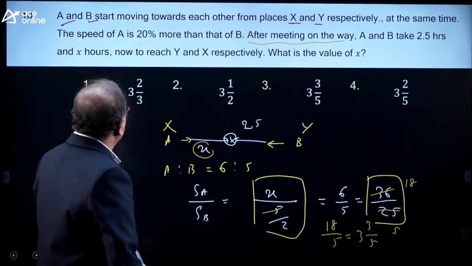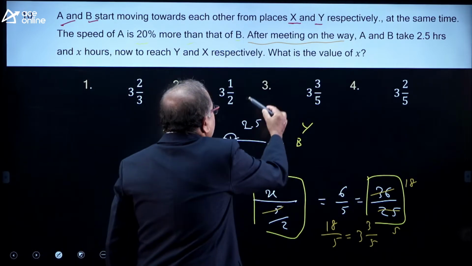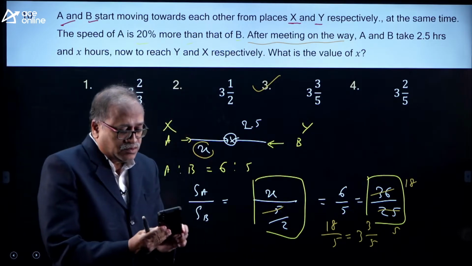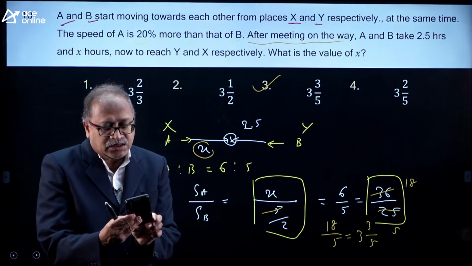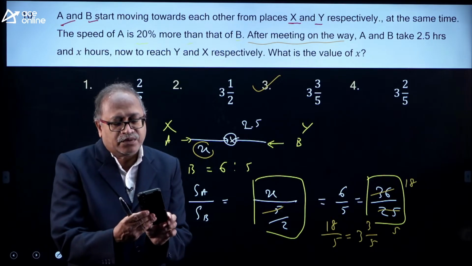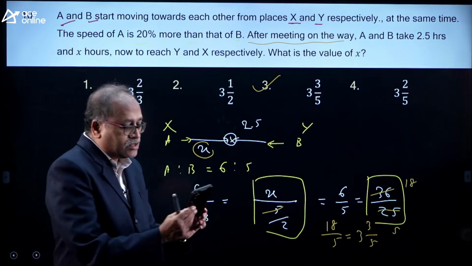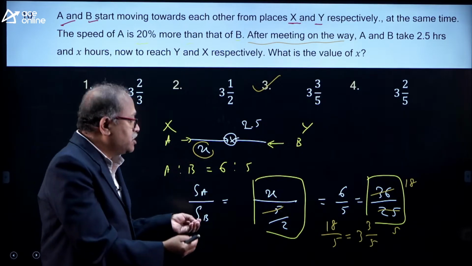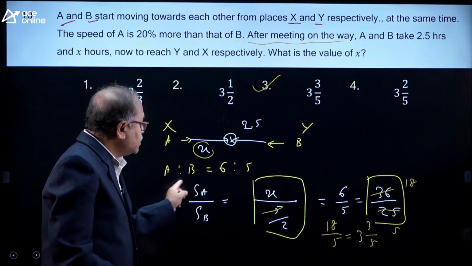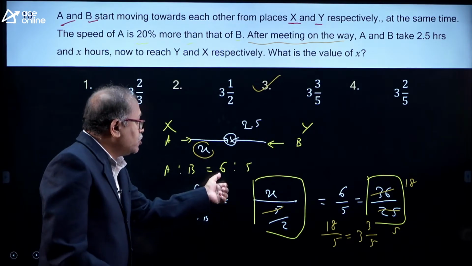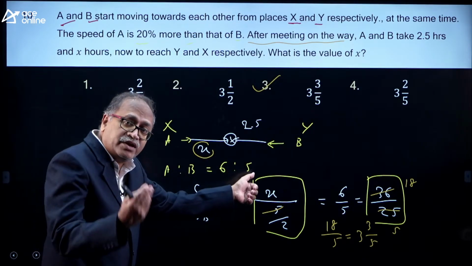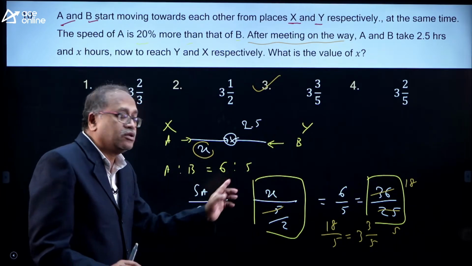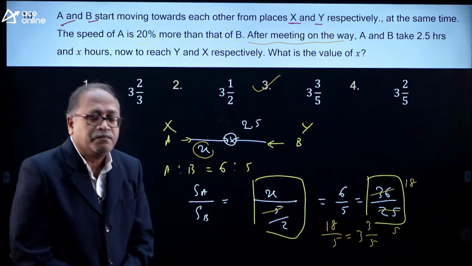Do we have option 3, 3 by 5? So, I notice that option choice 3. Oh, that's great, that's great, shrouded one. I know whenever you are present on the board, you answer it. So, hope the method is very clear. A very basic question, but here a variable is there and the ratio of speed we used to find it out. Now, the ratio of speed is already given to us and here one variable is there. So, that variable I need to find out by using the formula. Okay, done. Moving on to the next,